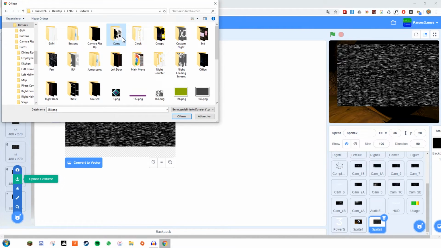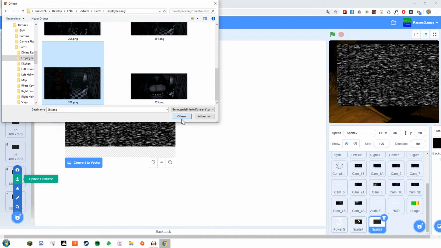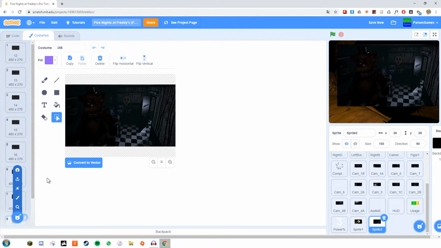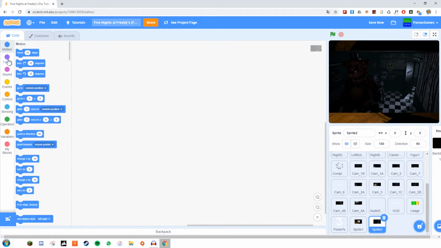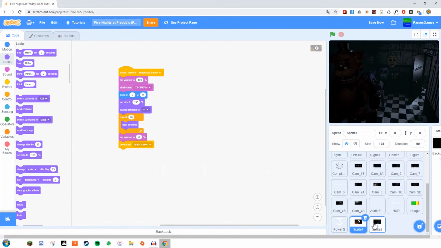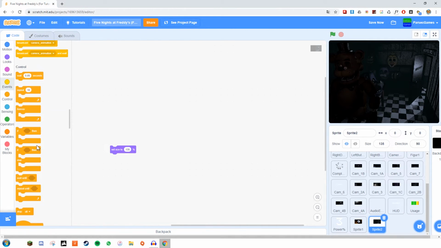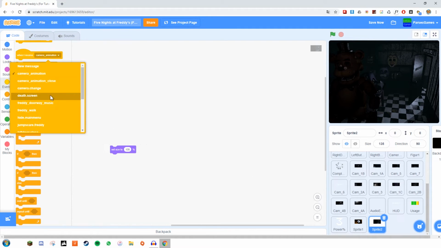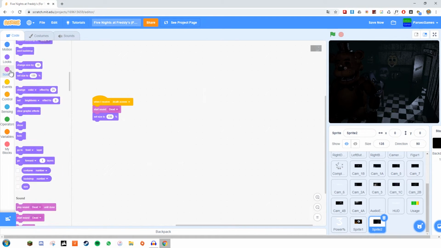For some reason the death screen is in the cams and then employees only, because I guess that's a room, but it's really not where it belongs. But anyways, so that's the death screen, obviously you know it. And then let's have this one go to the middle as well, and I think the size should be the same, which was I think 135, right? Yeah. So now when it receives the screen, it's gonna play the sound and it's gonna switch to costume